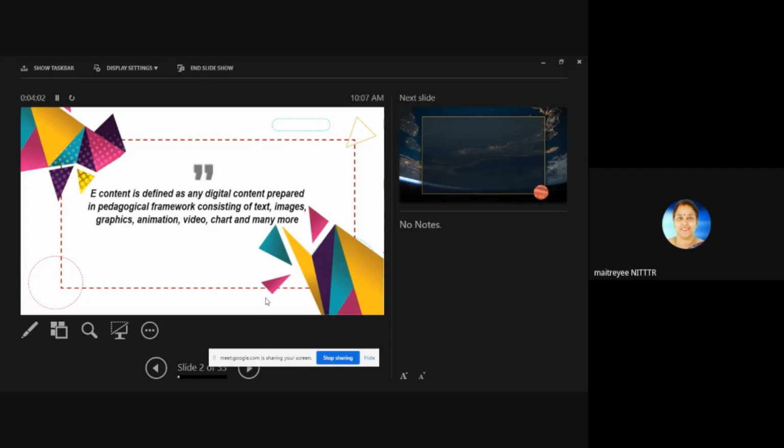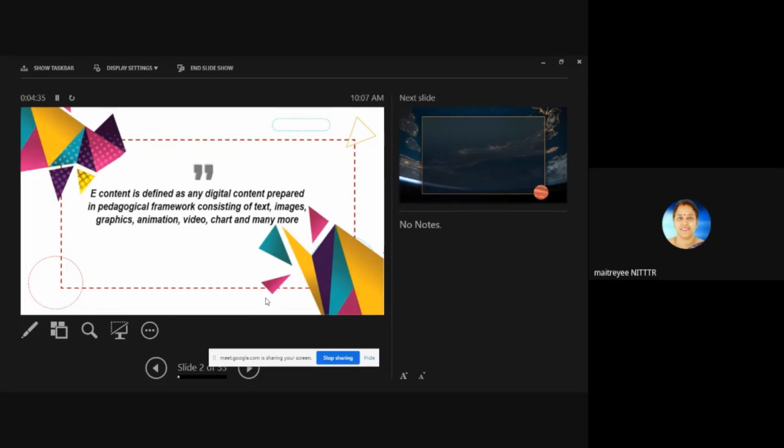So everything is now known as e-content. Videos we have kept separate, and in e-content, all digital content comes into the picture: PDF format, text format, any demonstration file, any simulation file, any DHTML file, any interactive content. Everything comes under e-content.